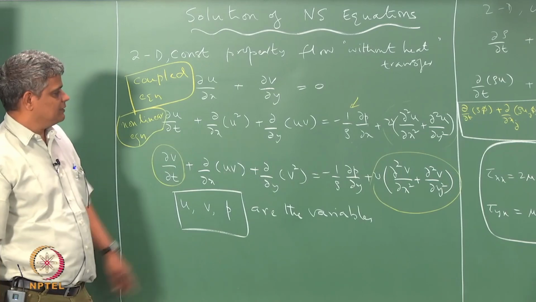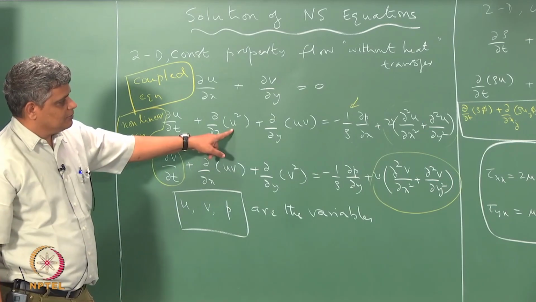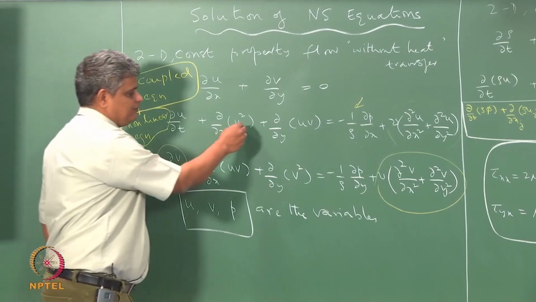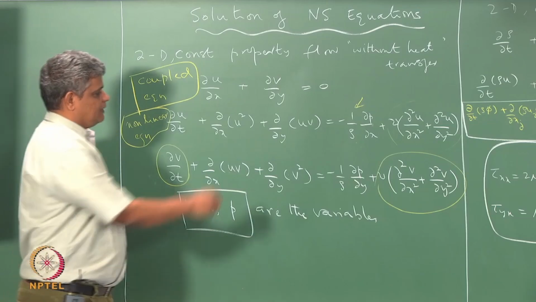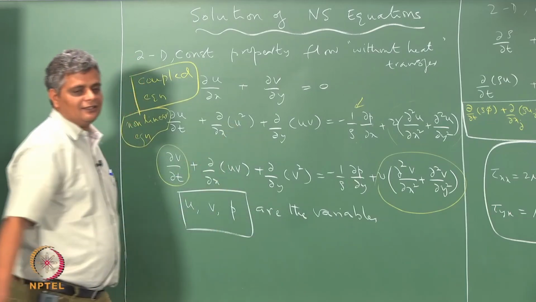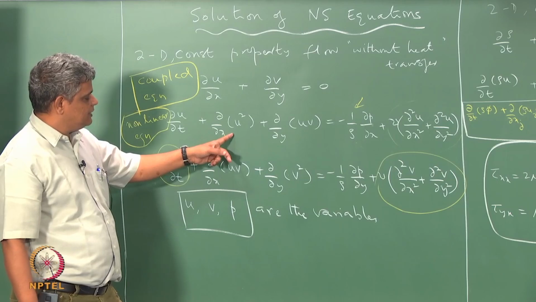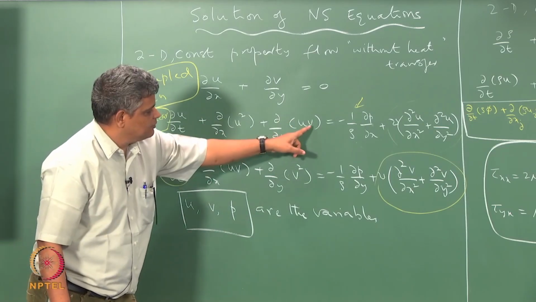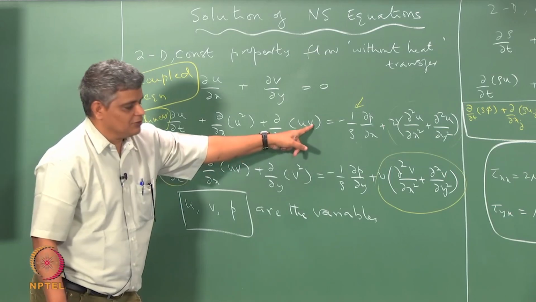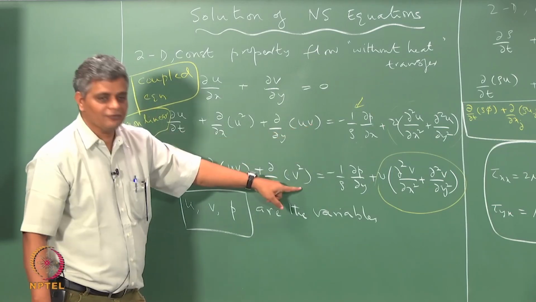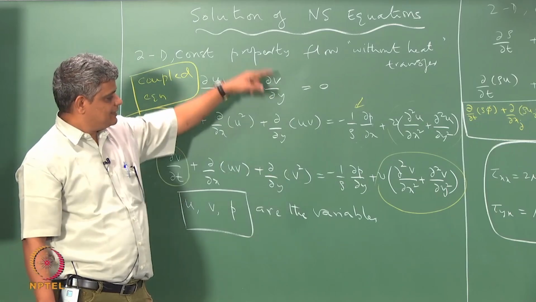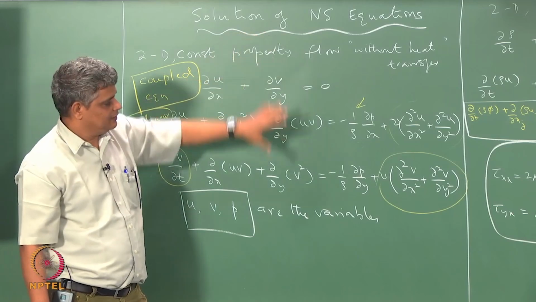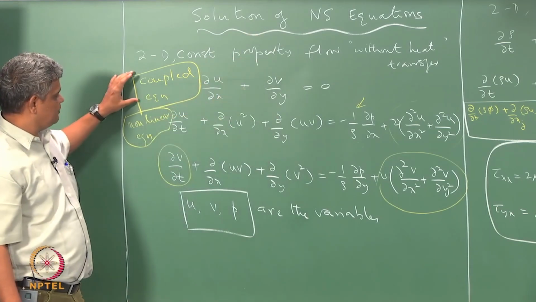Why do we say non-linear? Here this is supposed to be u phi, but this is u square. So, it is the same phi that is appearing with a coefficient here. So this makes this nonlinear. This term here makes it coupled because you are solving for u and v is not known, and it can be obtained only from a different equation. So in that sense, when we look at the constant property flow, in the simplest case we have coupled equations